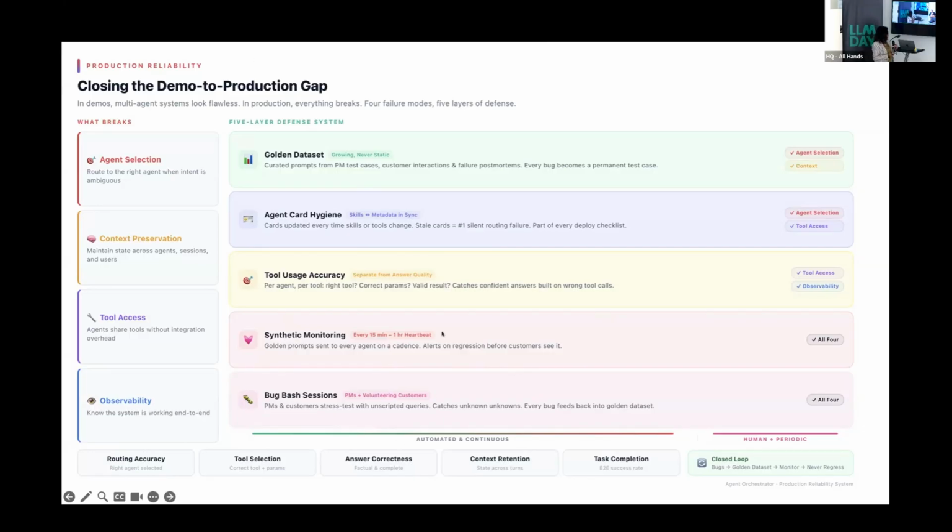One way of doing this would be synthetic monitoring, where you send your golden data set, let's say every hour or every 15 minutes, or twice a day. It really depends on your use case and how many tokens you're willing to spend. And you compute all the metrics. Typically, some of your metrics will be very tool based, error handling, and all of that. Some of them will be LLM as a judge, where you define metrics, give positive examples, negative examples, and then constantly monitor the metrics. If you get alerts, then you know something is wrong. You have to go back and check what's going on. You might need to switch an agent off, which is fine. The orchestrator would handle it and say this use case is not handled right now. So all of this needs to be there.